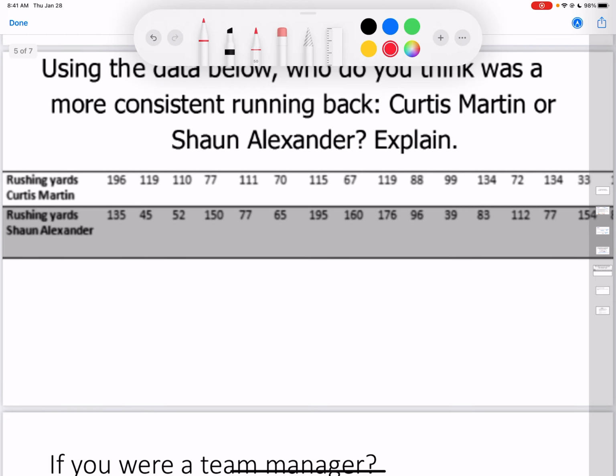So let's say you have this raw data. If I give you a list of data and I ask you who is more consistent, the way you calculate consistency is by looking at the standard deviation. So I went ahead and put my data into the calculator. You're going to have to know how to calculate standard deviation either by hand or using the calculator. So for Curtis Martin, his standard deviation